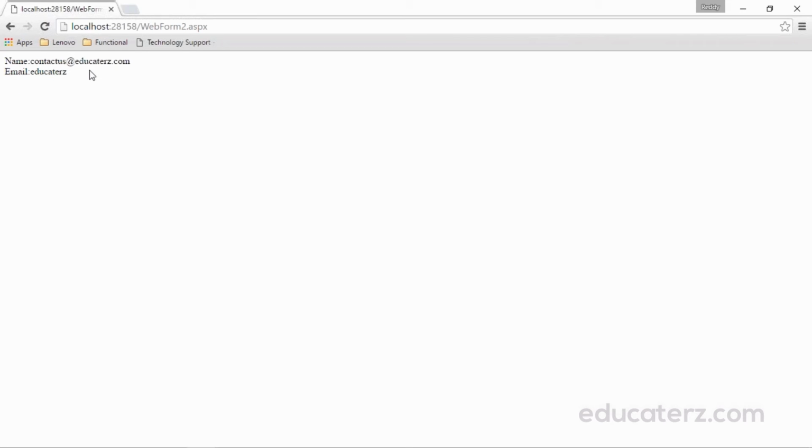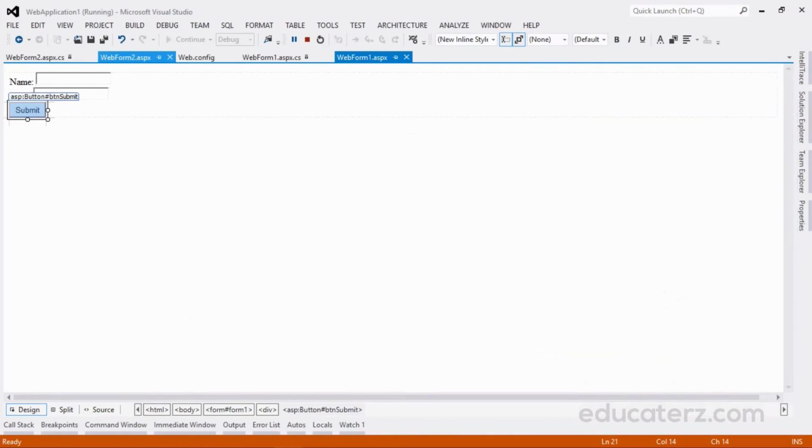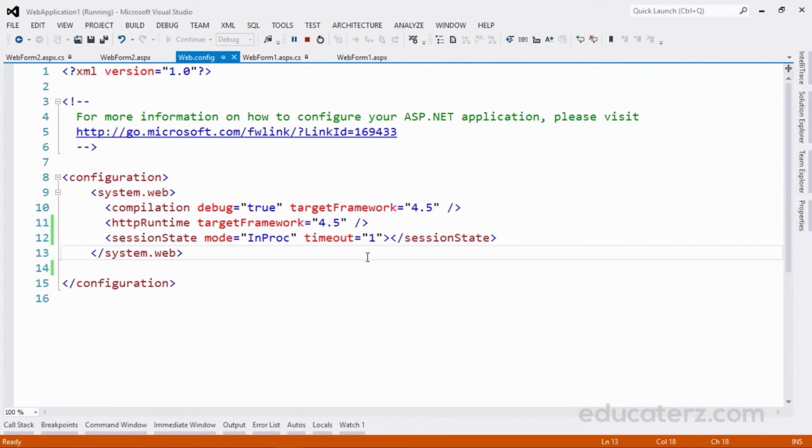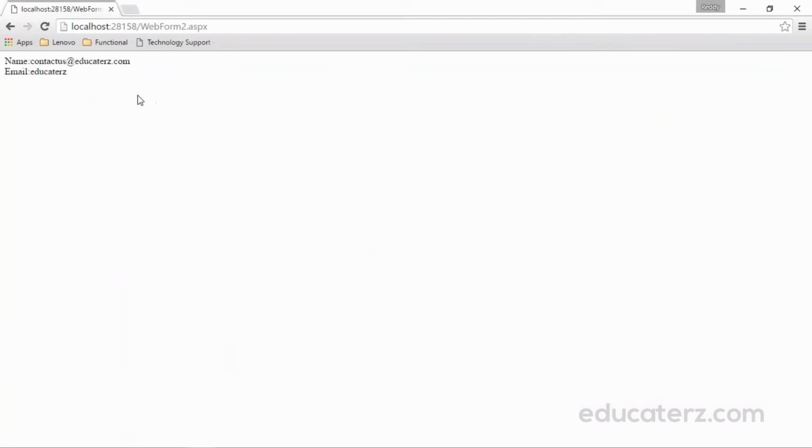After clicking on the submit button, now you need to wait for 1 minute. After that 1 minute, you cannot access the session state variables. That is because we have mentioned the timeout is equal to 1 in the web.config file. Make sure that we have kept 1 minute, and after 1 minute you cannot access any data belonging to session variables.